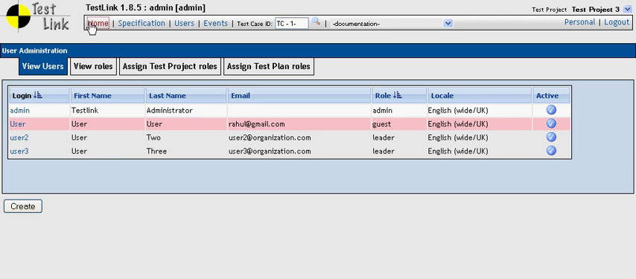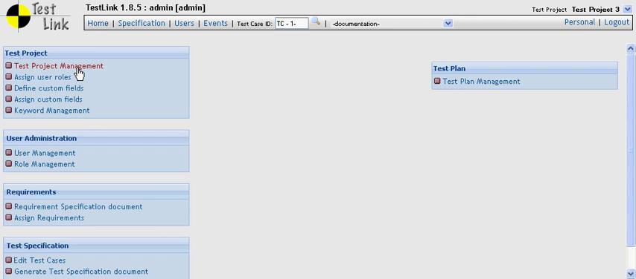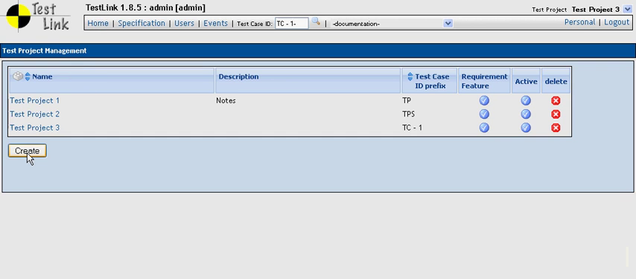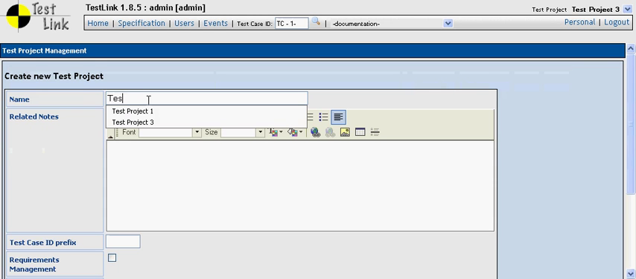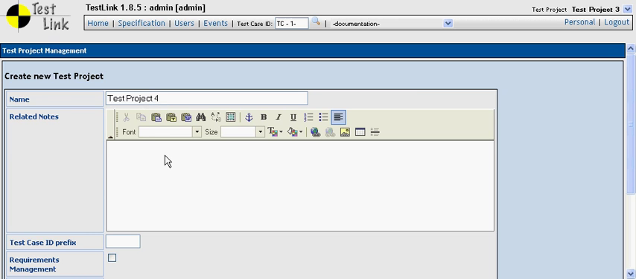Then we go back to the dashboard and we create a test project. The steps for creating a test project are similar to the user. We press on create. Let's give it a name, test project 4. In the related notes, you can write any information about the test project. This is a test project for demonstrating TestLink, and this is a test case ID prefix. We'll talk about that later. Let's give it TC4